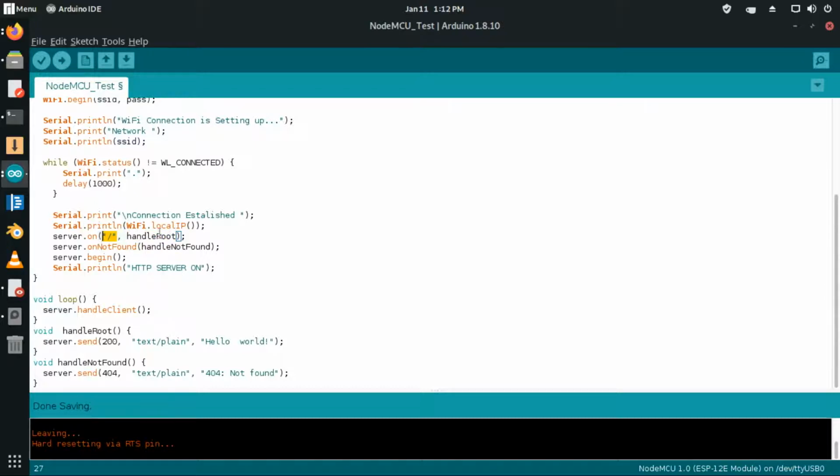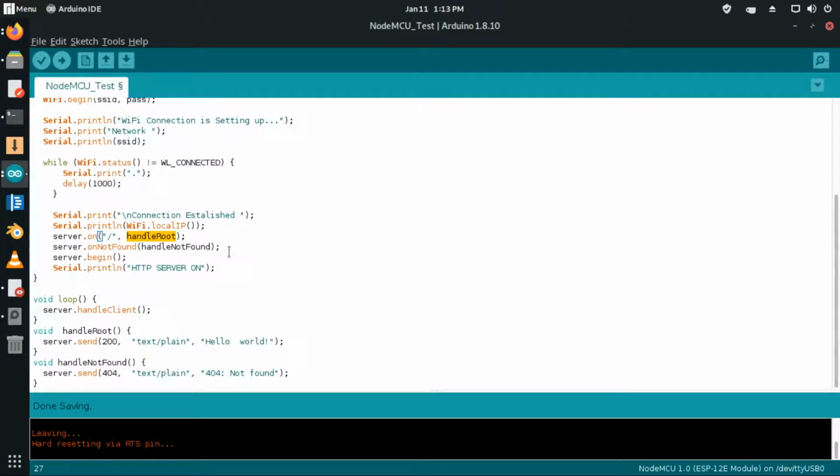So in this case, when you are handling a valid URL, you use the server.on function, right? This is where you configure or set up valid URLs. In this case, I'm using this URL pattern. This is a simple URL pattern, also known as the root of your server. In this case, this is the root location of your ESP device, right? That URL is going to be handled by this handle root function,